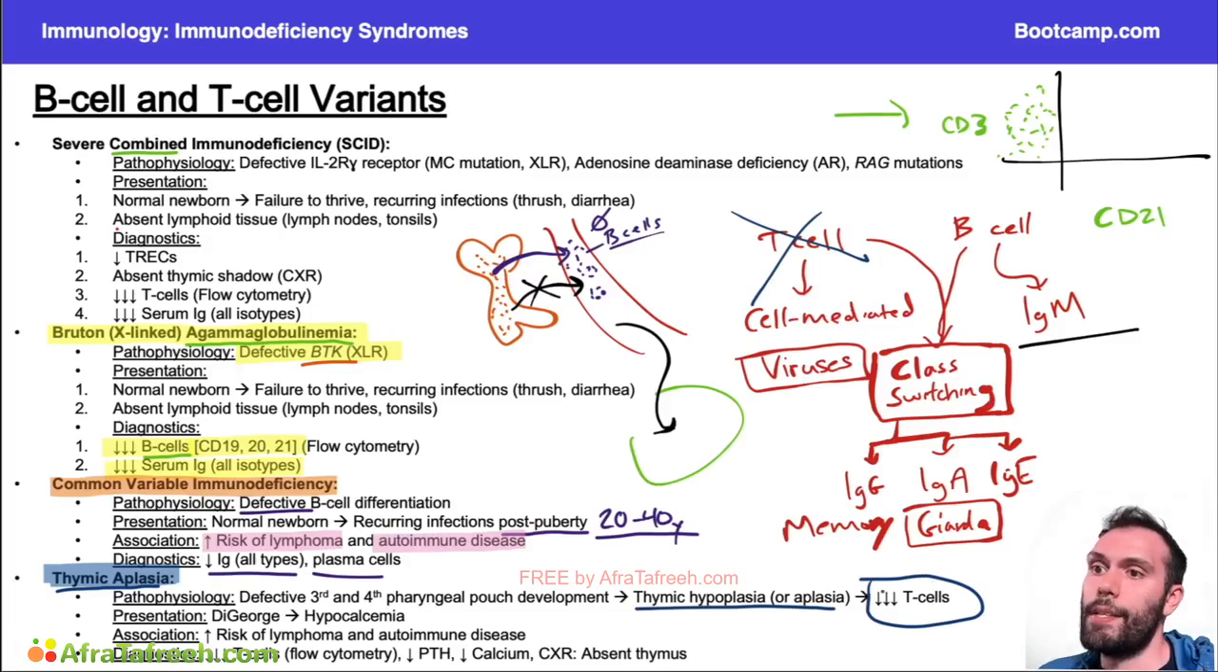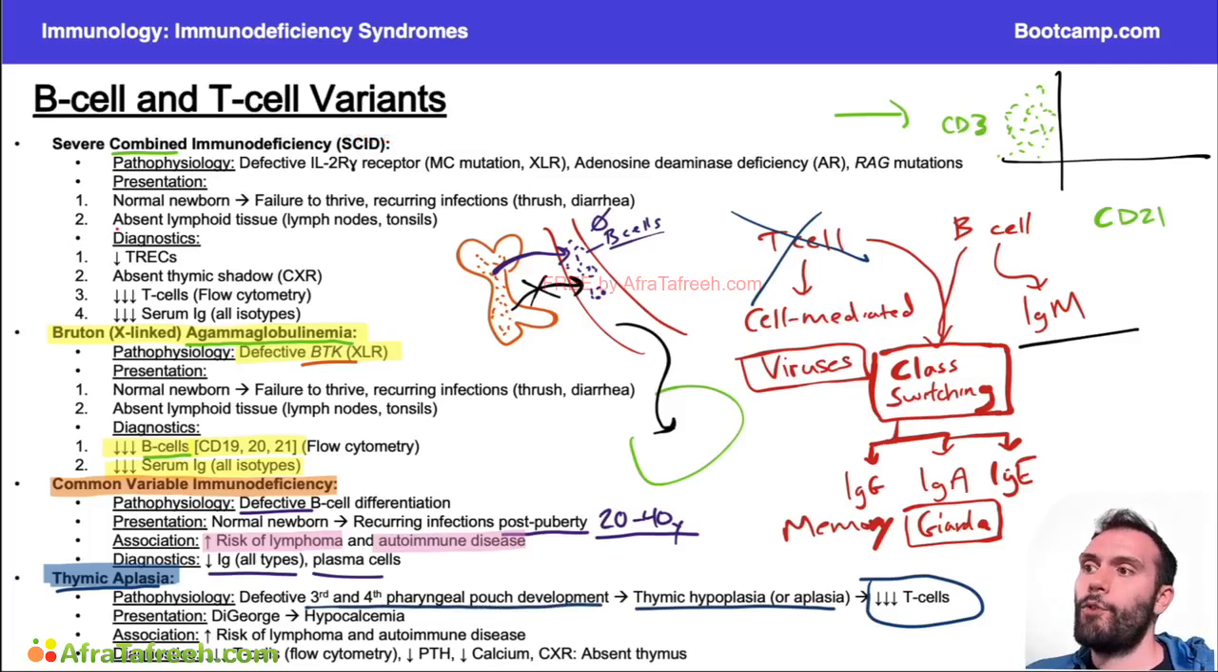So if I don't have a thymus, we're going to have some major issues with making functional T cells. Okay, and why does this happen? Why don't I have a thymus? The issue is that we're going to have defective third and fourth pharyngeal pouch development. So this goes back to some of the embryology that we've talked about before. Third and fourth pharyngeal pouch are going to be very much involved with thymus development as well as the development